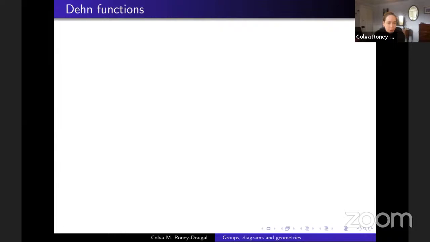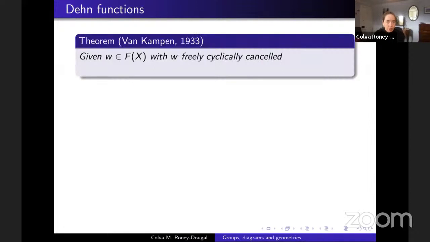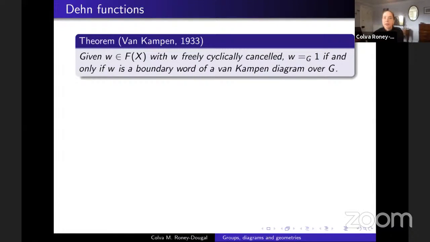Right, so those pictures are quite pretty and they give us a way of thinking about things. They also give us a way of approaching the word problem directly. So the reason I'm calling them Van Kampen diagrams is they're due to Van Kampen. And he proved back in 1933 that if I've got some word over the generators that's freely cyclically cancelled, so we don't see any X X inverse pairs anywhere, and is equal to the identity in the corresponding group, then it is equal to the identity in the corresponding group if and only if it's the boundary word of one of